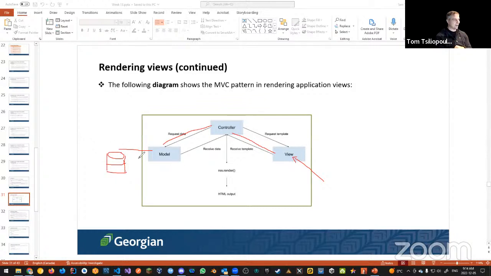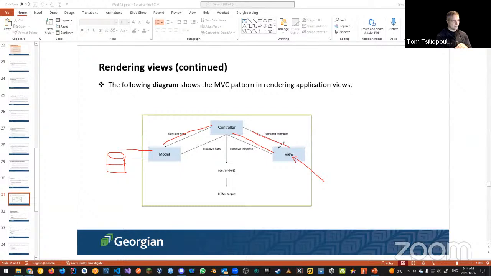Our model connects to the database, gets some information, routes it back to the model, back to the controller, and then updates the view. That's what happens. This is the model view controller paradigm. That's what it is, and it's just a design pattern. It doesn't mean that you have to program it this way. However, for Express and web applications in general, it's a very common design pattern for us to use.